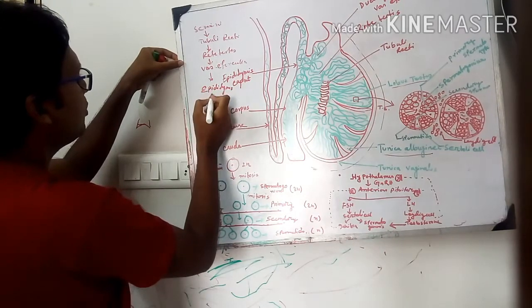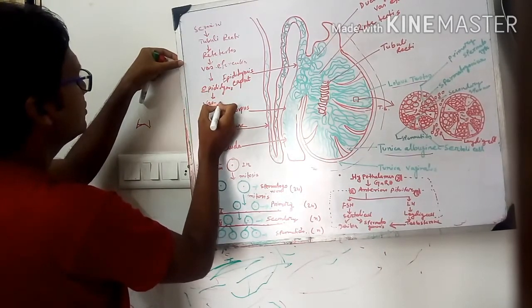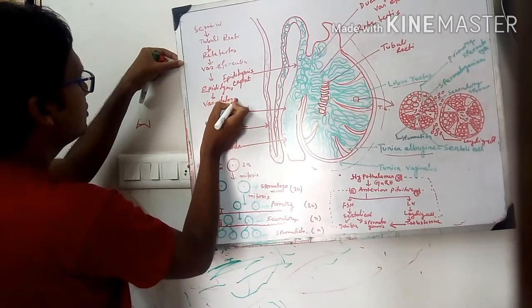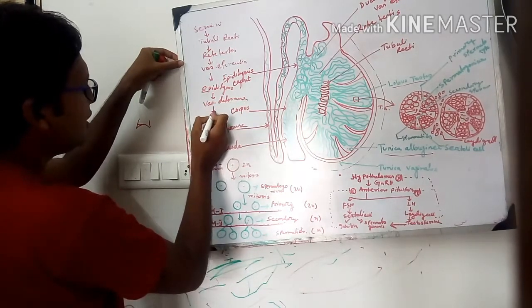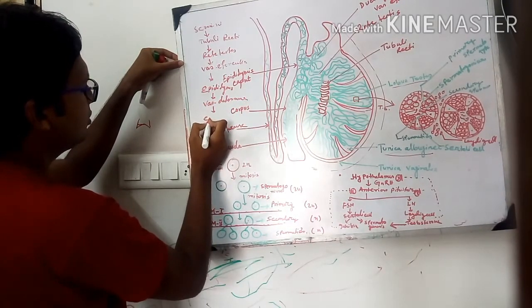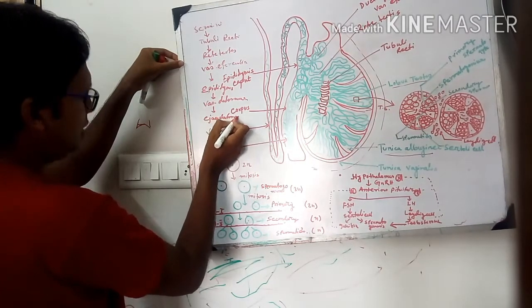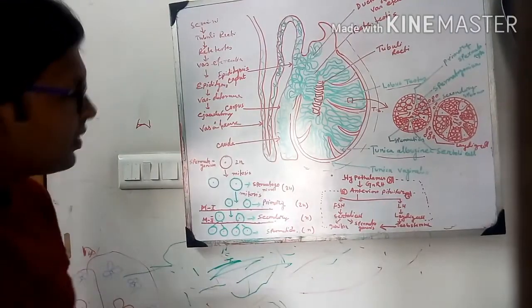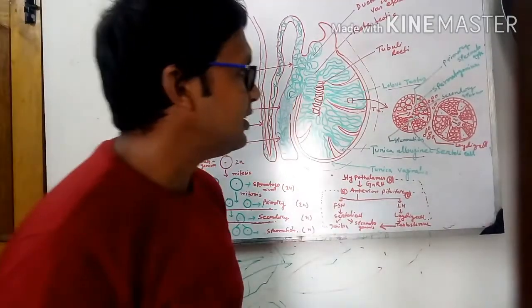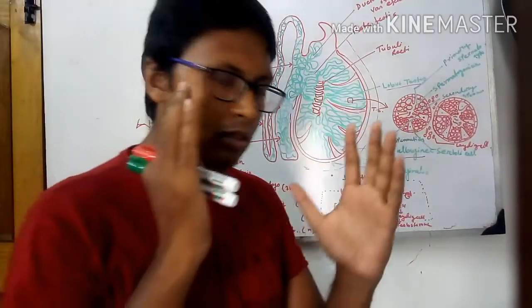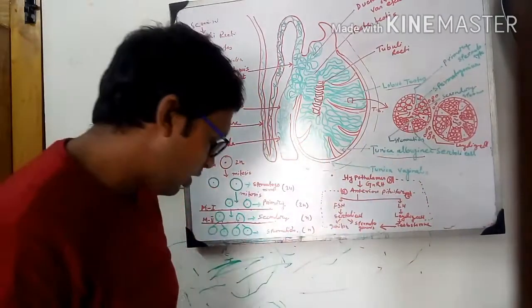Epididymis. From epididymis to vas deferens. From vas deferens to ejaculatory duct. Ejaculatory duct. So this is the overall structure of a testis. Now, if we do a cross section of